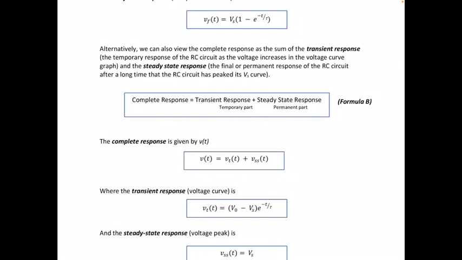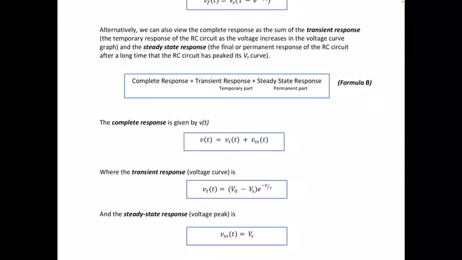Alternatively, we can analyze the RC circuit with a source by adding the transient response, the temporary part, the response that dies out over time, and the steady state response, which is the permanent or the final response of our circuit. So I prefer to use the latter